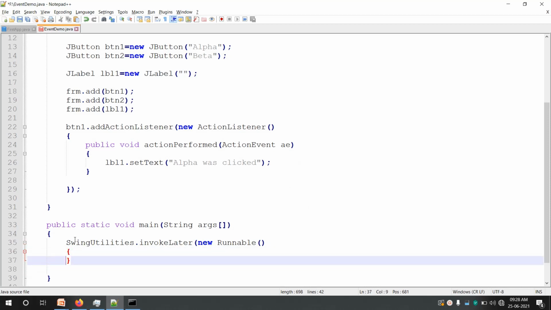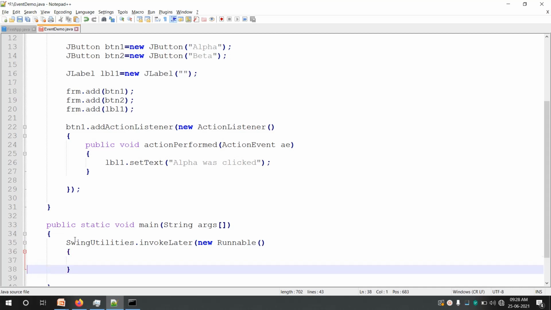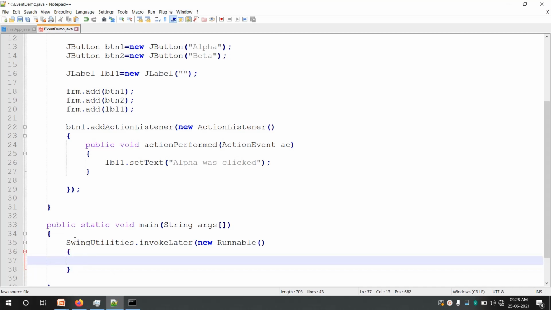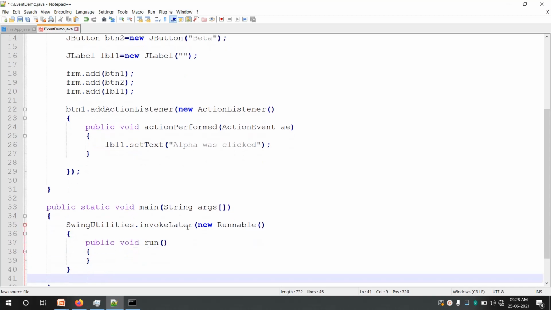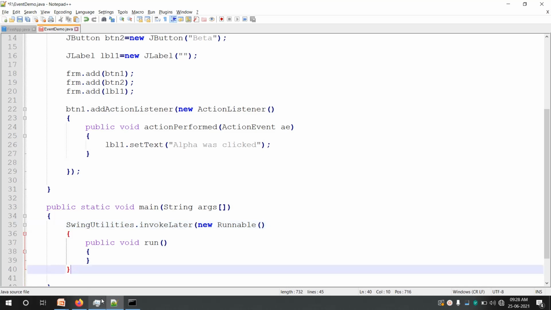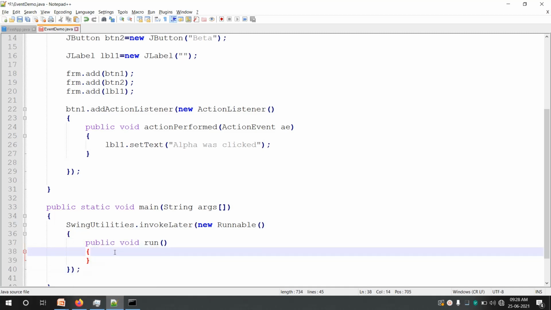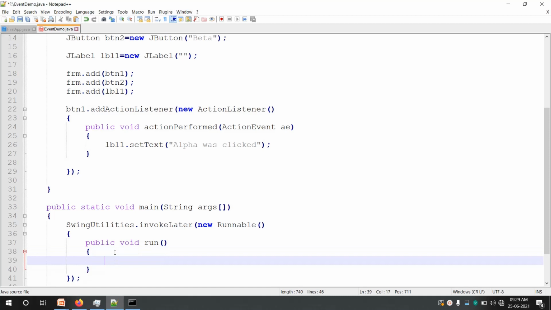As it is inheriting Runnable, this class should have a definition for the method public void run. After this class declaration I'll close the bracket, with a semicolon. From inside this run method we have to call our GUI.